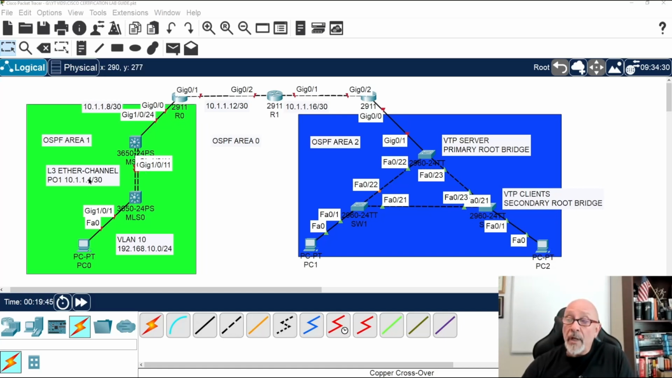We're running Layer 3 EtherChannel. That means we're routing here, okay? And this up here, you can see it's another network, which means it's a routed port. Then obviously we've got our routers, all right? 10.1.1.12, 10.1.16. And then over here, we have, well, I didn't put the